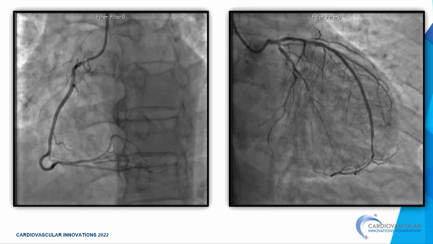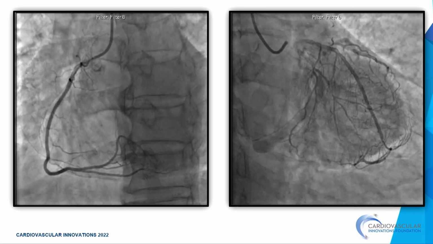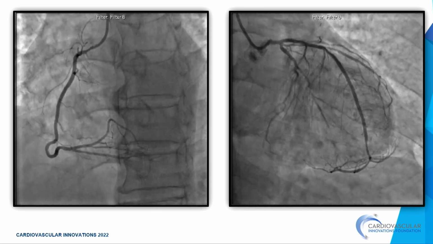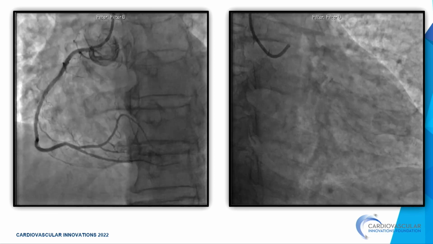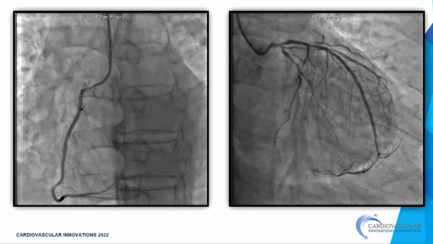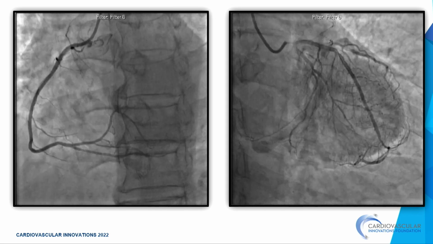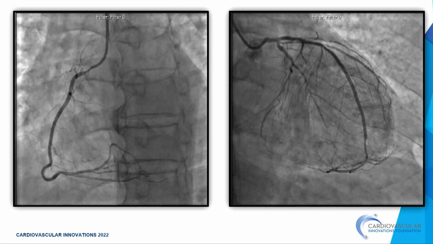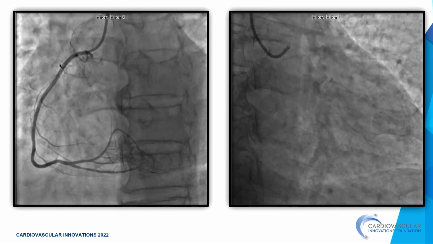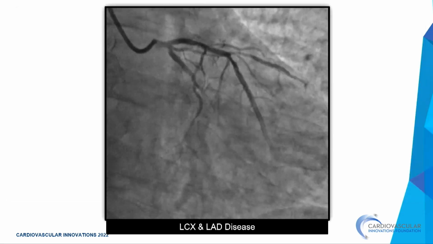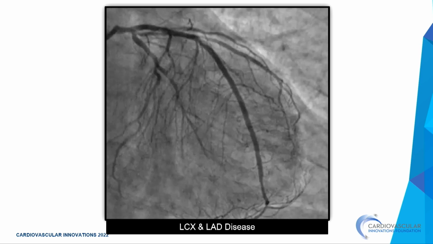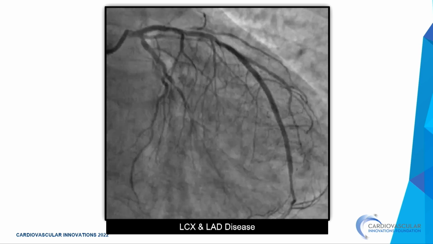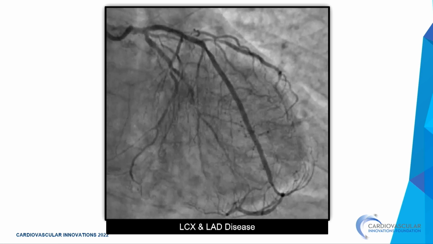Going back to the case, again, as I said, inferior lateral ischemia. The RCA is non-obstructive with some mild disease, but the LAD has multiple tandem lesions extending from the proximal to mid to distal, and the circumflex is heavily diseased, especially with the OM that fills from left to left collaterals. So again, just to zoom in on the left system to focus on it, as you see there, it's multiple tandem lesions. So we decided to proceed with iFR to see what is the best option for this patient,